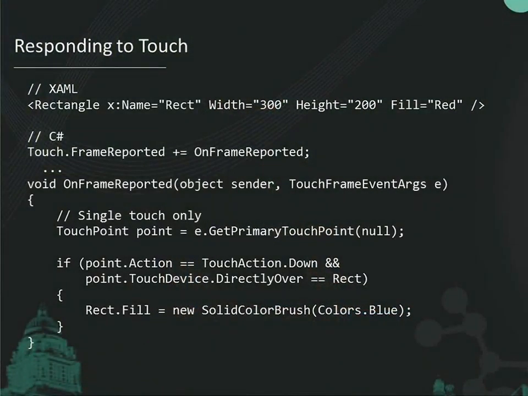Now, I want to do a little bit of hit testing. In this example, my goal is to put a rectangle up on the page, and when the rectangle is touched, have it change colors from red to blue. To help me do that hit testing, through the touch point object returned by get primary touch points, I can call directly over and I can pass in a reference to a XAML element. And that will return true if, indeed,